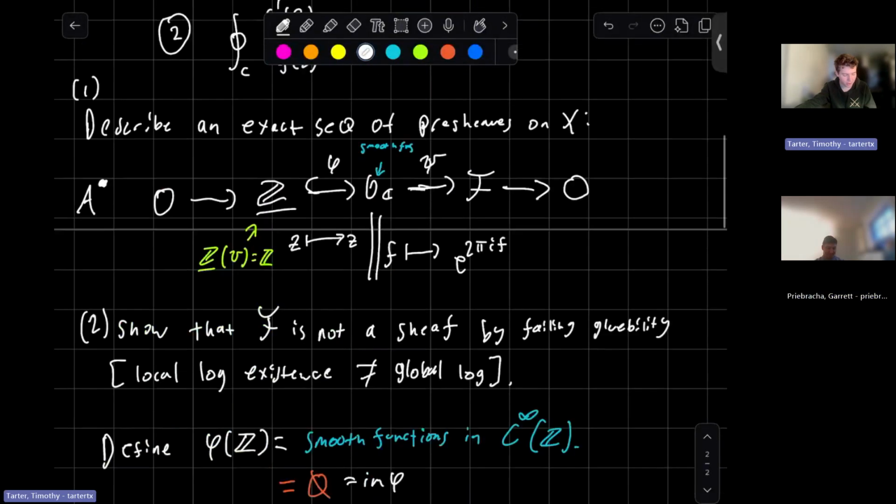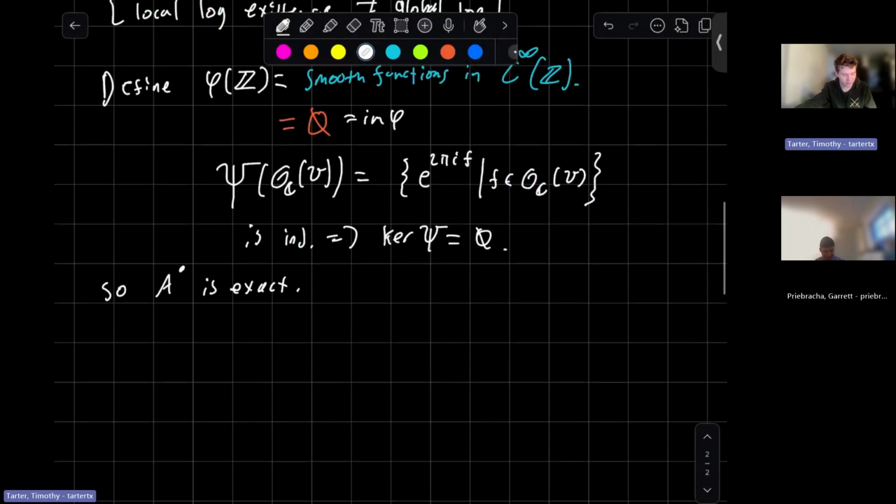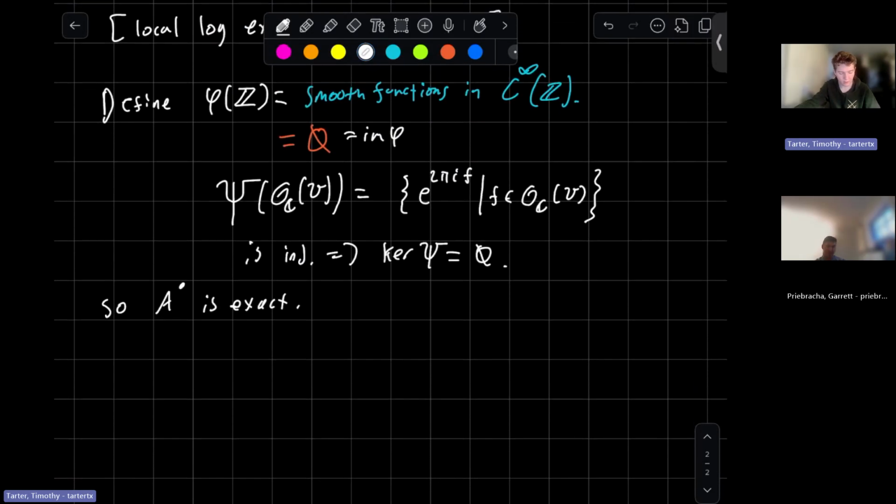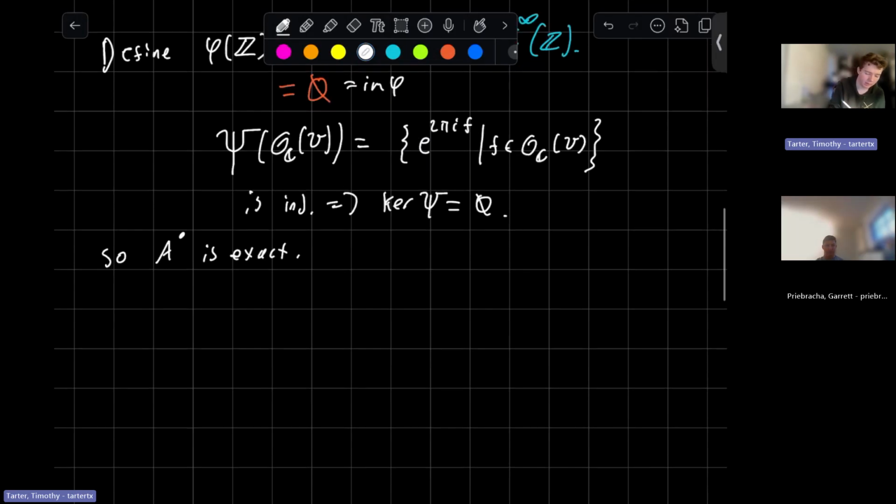We want to show that F is not a sheaf by saying that global logs might not exist. So we want to take the gluing axiom. We want to find